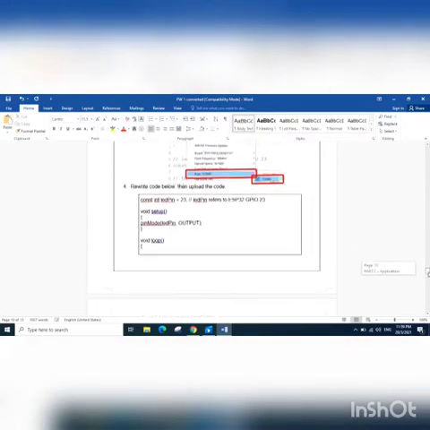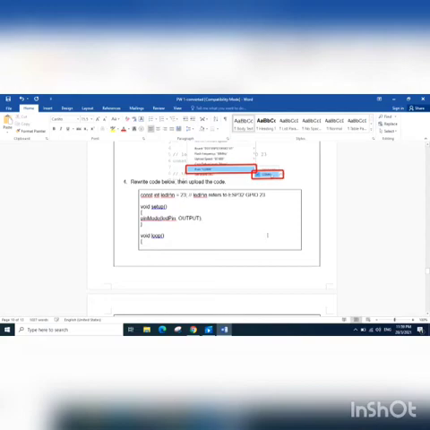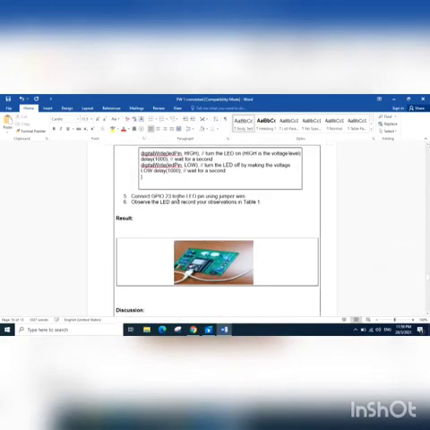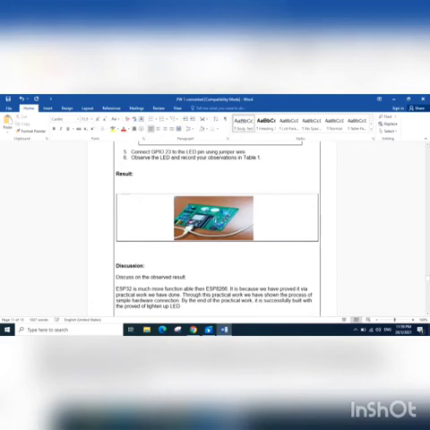After that, write the code or copy and paste the code into Arduino IDE. Then the ESP32 will connect to our PC and we connect the GPIO to the LED pin using jumper wire. Then observe the LED light to record our observation.